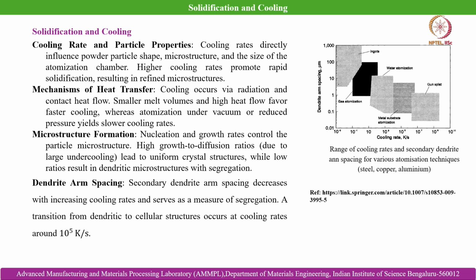And here dendrite arm spacing is also connected with that, as we know that when we have higher cooling rate, we achieve lesser secondary dendrite arm spacing, and with lesser cooling rate, we achieve higher secondary dendrite arm spacing. A transition from dendritic to cellular structures occurs at cooling rates around 10 to the power 5 Kelvin per second in case of